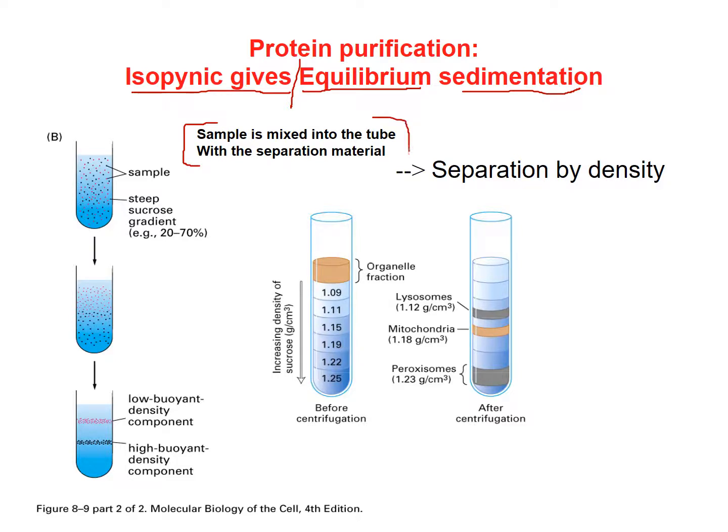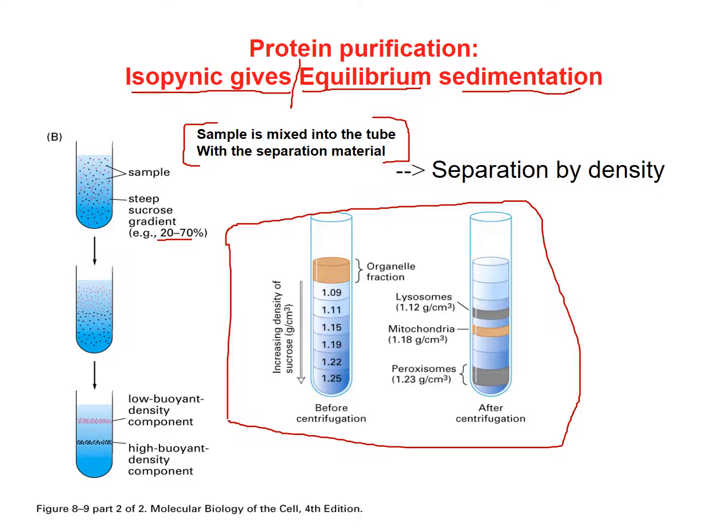If you're writing about these two, this is what distinguishes them. The sample is mixed. So you take a steep gradient, that means 20 to 70% sucrose here. You mix the sample up and you apply centrifugal force. So here it is. And by the way, this is a comparison, so I may not have